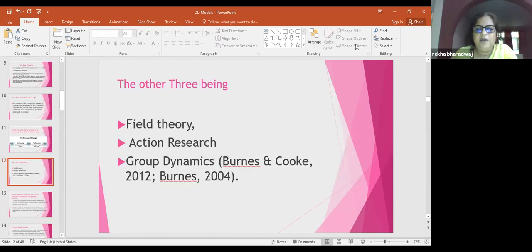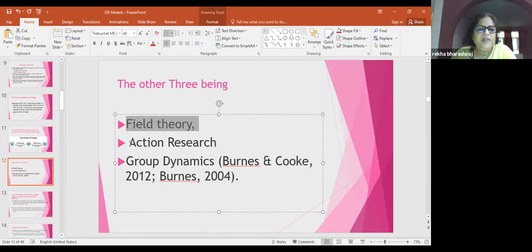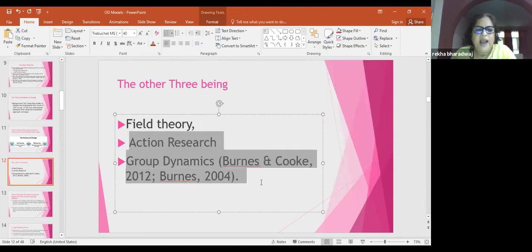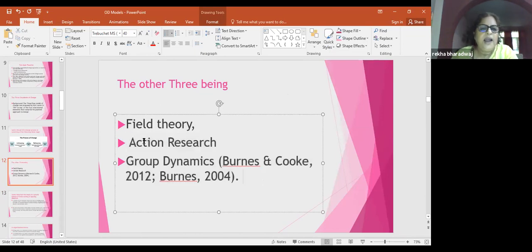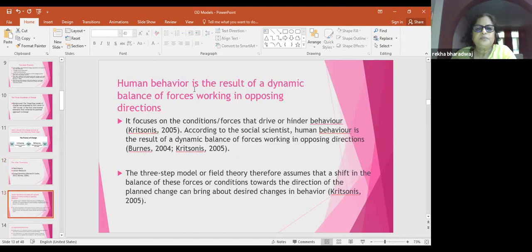Now, I told you there were 4 interrelated processes. So the other 3 in Kurt Lewin's model are the field theory, the action research theory, and group dynamics. Group dynamics I've explained to you to some extent just now, and field theory is what I'm going to explain to you. So what Kurt Lewin said is that human behavior is the result of a dynamic balance of forces